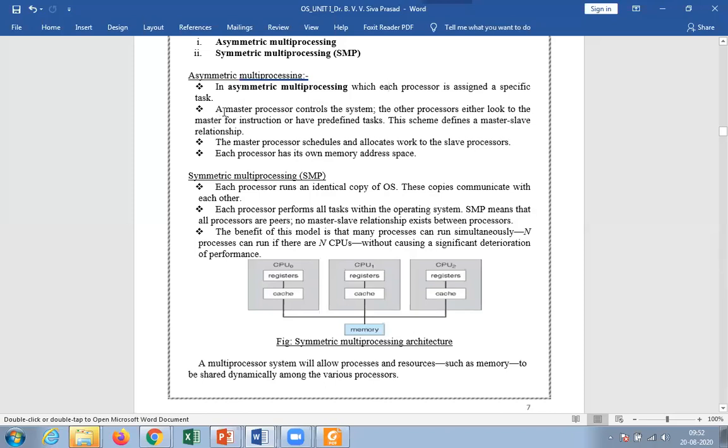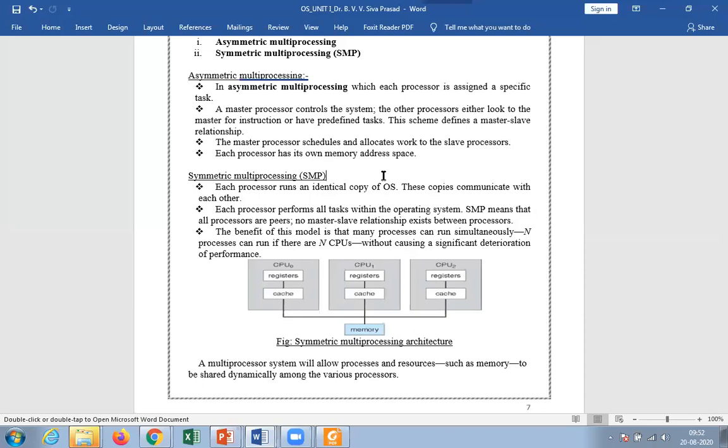A master process controls the system. Whenever we are using a multiprocessing system, we are simultaneously doing multiple operations. Suppose I am playing a game and as well as listening to music. But due to a high priority request coming from the operating system, the master process will stop these two slave processes, listening to music and playing the game.